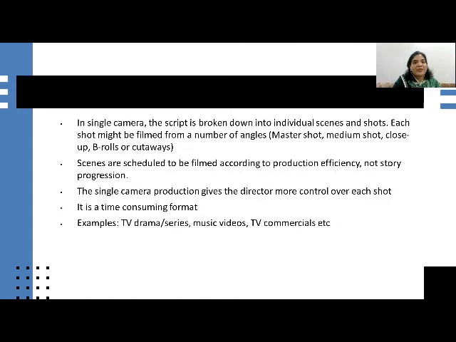In a single camera production, the script is broken down into individual scenes and shots. Each shot might be filmed from a number of different angles. I have already talked about how composition works in different shots: any scene is broken down, and you have the option to shoot every scene from different angles too. So there can be a master shot in which you see the whole room, a medium shot in which actors are visible only up to waist length while talking, then a close up of an actor. Apart from this, there are B-rolls and cutaways too. So B-roll is something apart from the dialogues, if they are going to show you something else, okay. So those would be called B